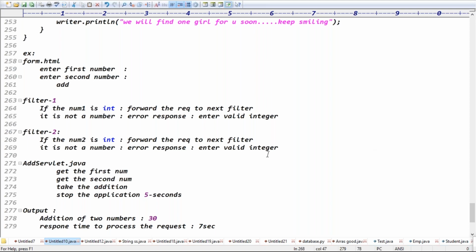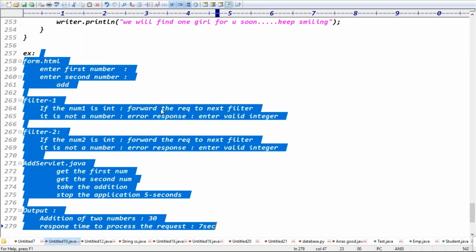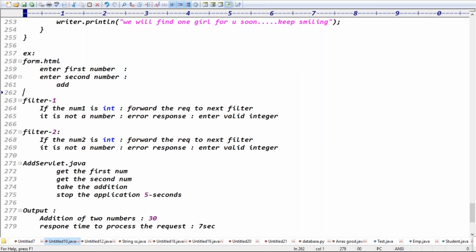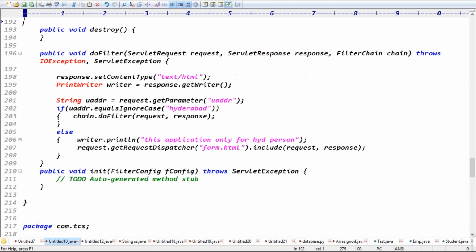Rani, Vidya, Veda, these guys, I need this at any cost. Try to complete this assignment and let me know. Sir, where do I have to start the time, where do I have to get the time when the response comes back from the filter, what do I have to do? You have to take care of everything. Need any clue? Yes, sir, just a hint. A small clue, guys, because with this clue only maybe we'll get stuck. You're unable to do the example, but I'll give a clue.